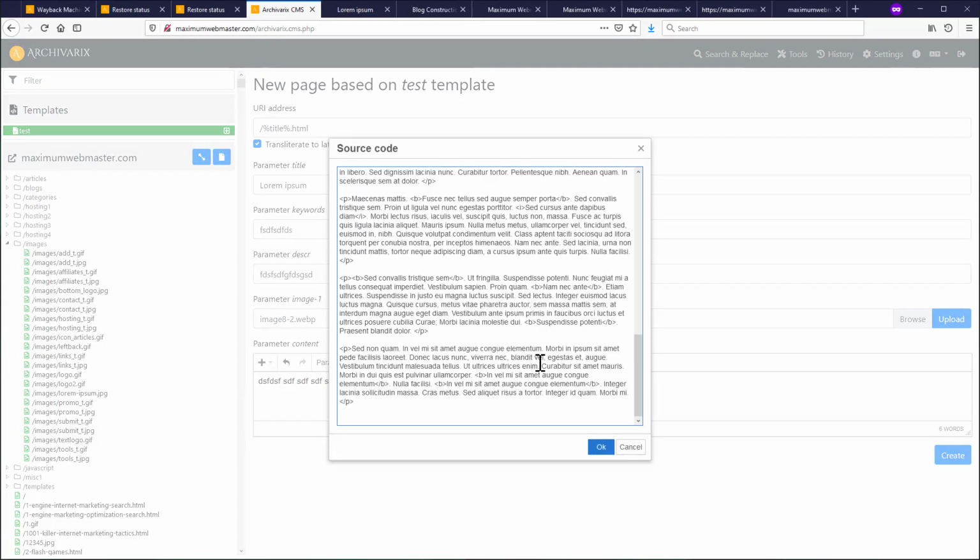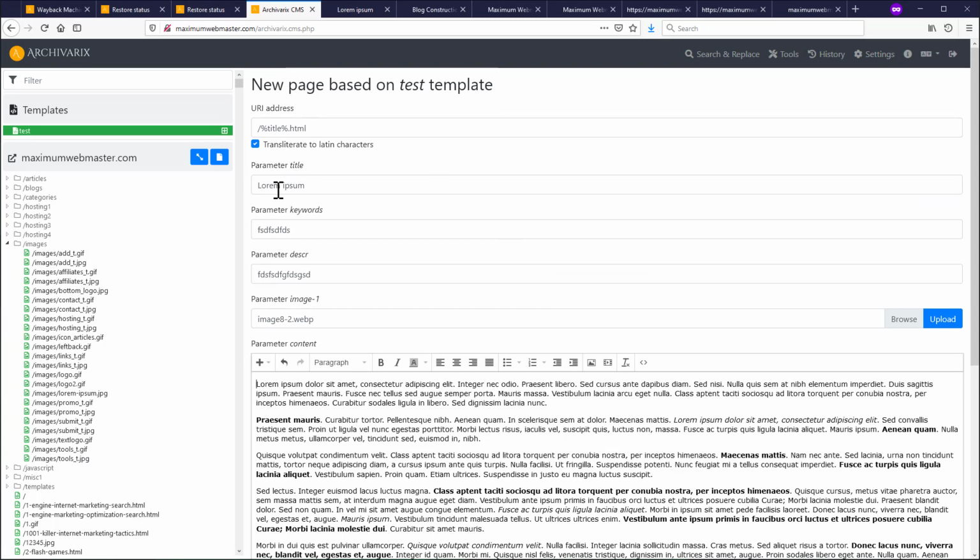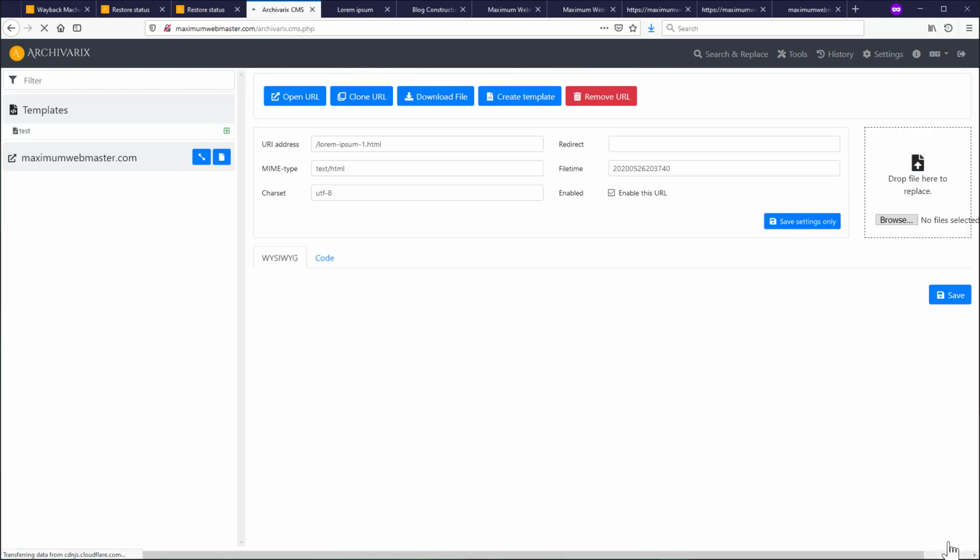Or again, I can use some other predefined text. Okay, so the title is the same. So it will use this title for the URL path, but at the same time, it should not overwrite the existing page. So if I click create,